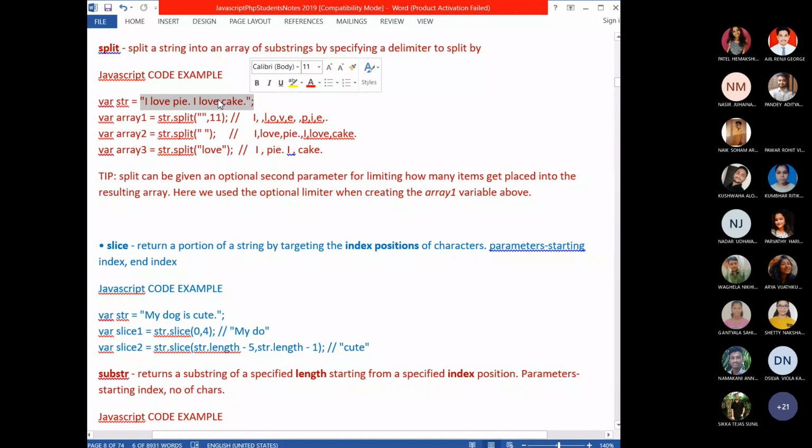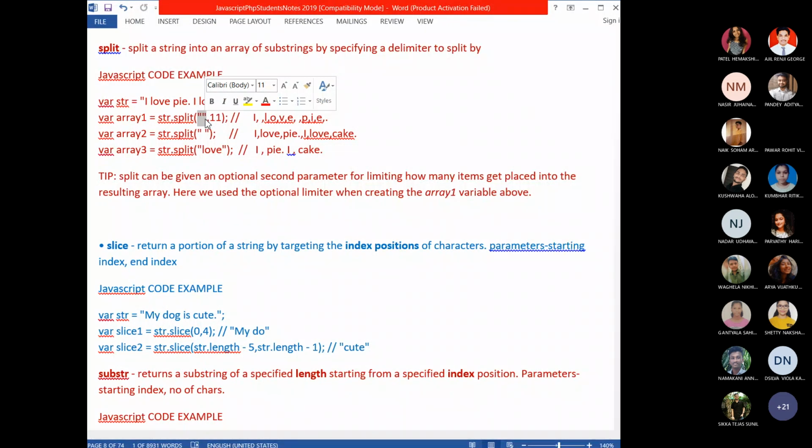Now we can use split with either of two syntaxes. The first syntax has two parameters, the second has only one parameter. When you give two parameters, look at str.split. The first parameter is the delimiter.